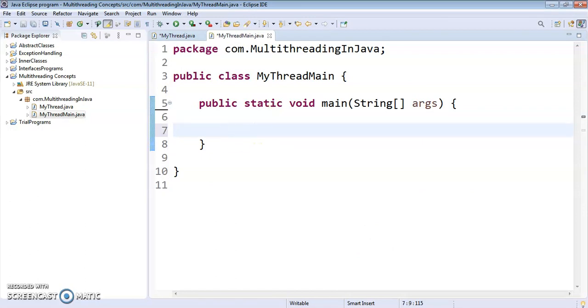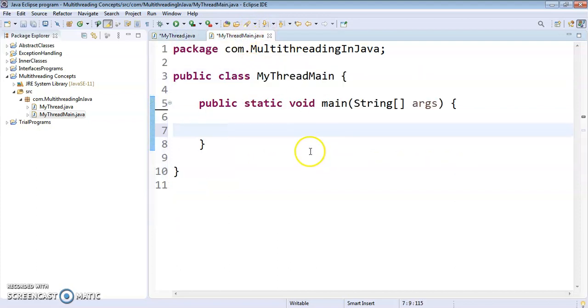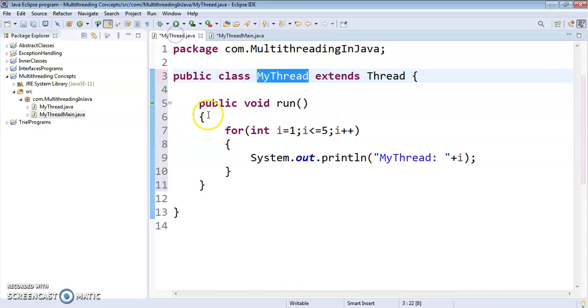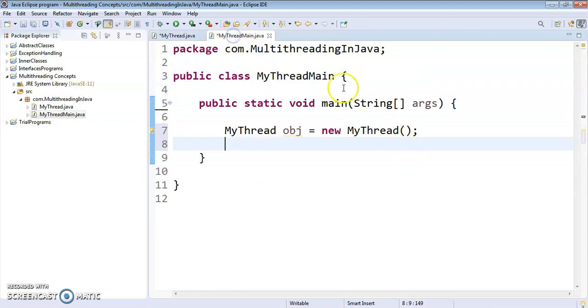Now the first thing we will create here is the object of this user defined class. It's very simple. obj equals new MyThread.